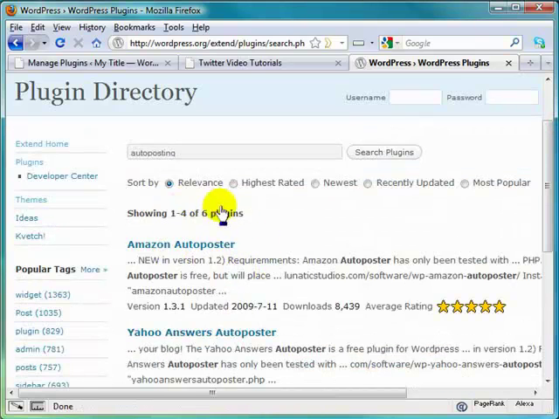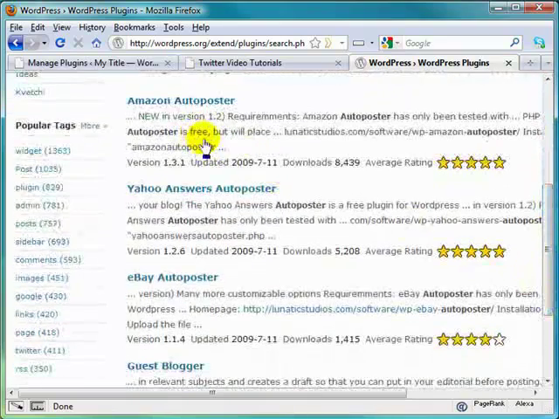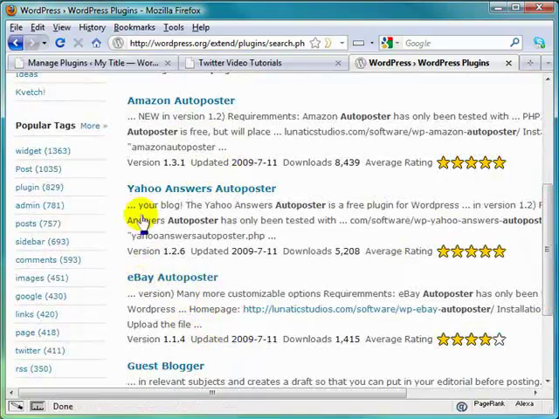Amazon Auto Poster. Okay, there's only 6 plugins at this point, but these will be more targeted to what I'm talking about anyway. And all of them have pretty good ratings here. And these are affiliate auto posters. Maybe not so much Yahoo Answers, but this will deliver fresh content based on these particular sites. Amazon, if you've got an affiliate account with them, this might even throw a couple of coins in your pocket